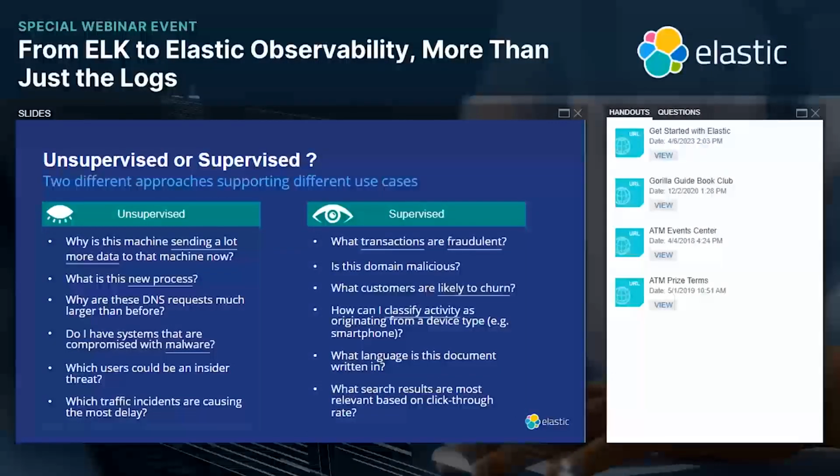what the different approaches we have towards machine learning are. We have primarily two approaches. One is the unsupervised, which is the anomaly detection. So basically, you can set an anomaly on pretty much anything, any field on your data, any event on your data, right? Pretty much anything. And once you set that, it's going to learn all by itself, and you can have multiple ways for it to communicate to you.